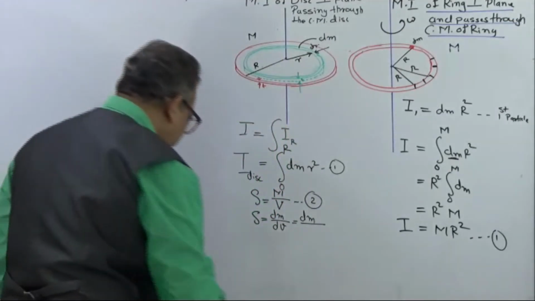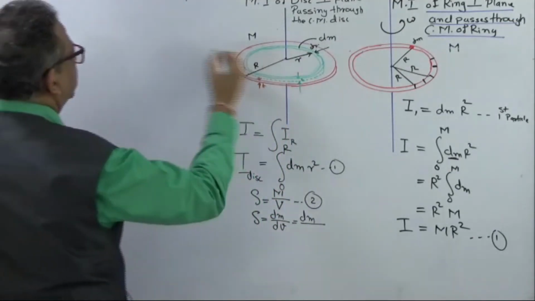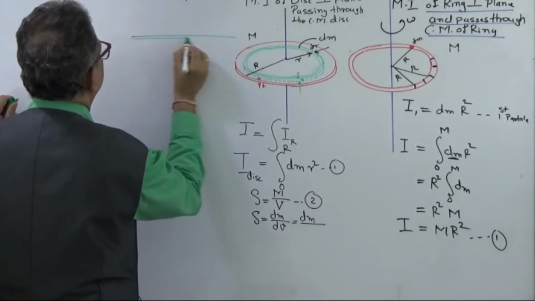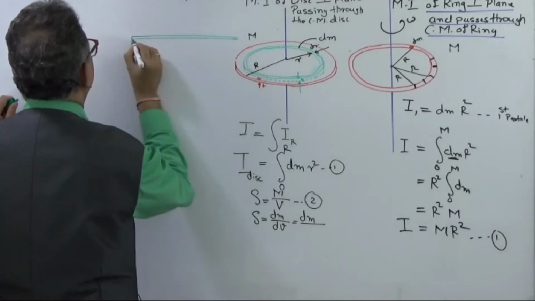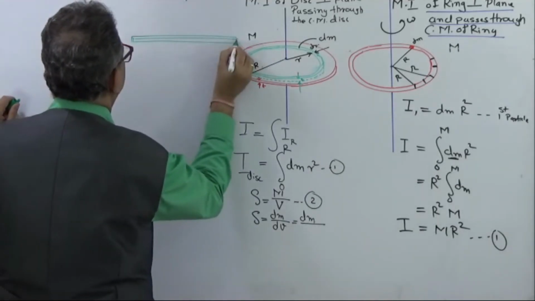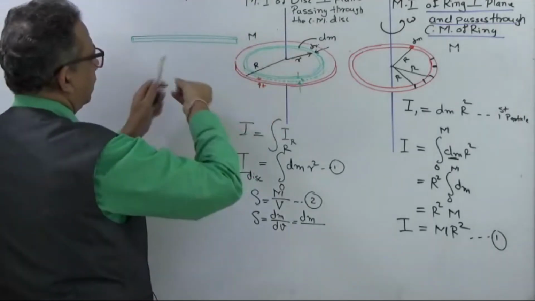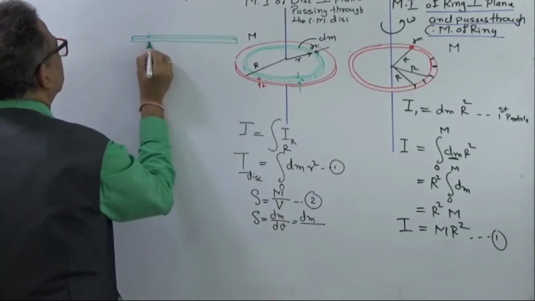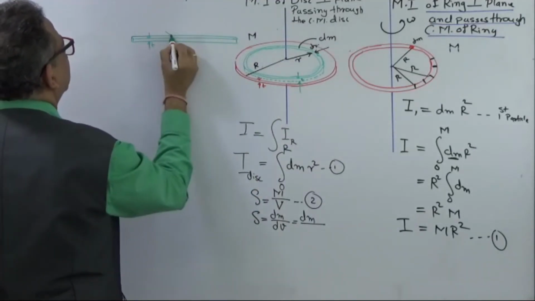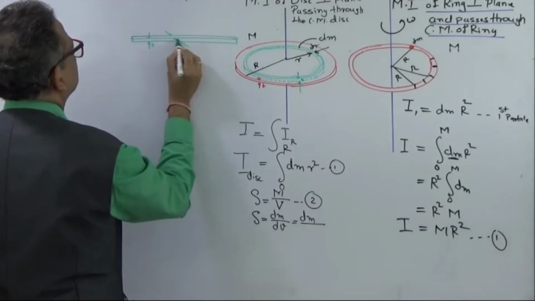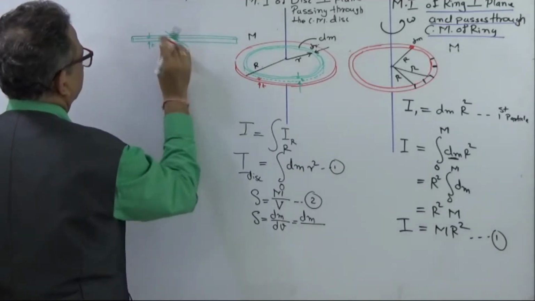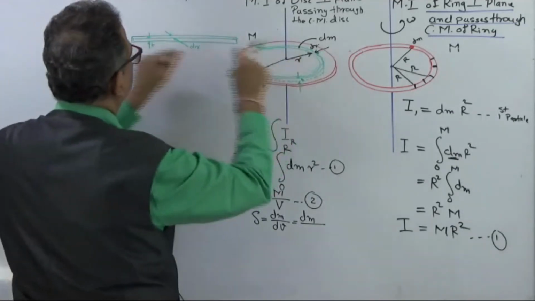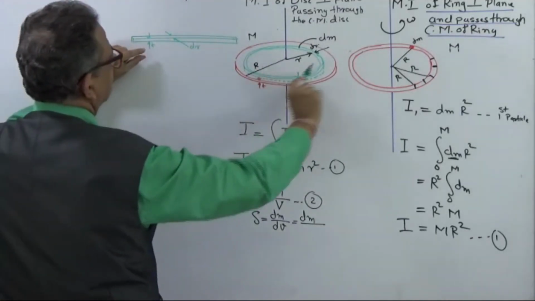Now this green color ring, if I stretch this, it will be like a... this was that ring. If I open this ring, if I remove this ring, it has got thickness t. So let me show, this was the ring which had a thickness t, and this was the width of that ring, which was taken as dr, right? So this dr is this dr, this thickness t is the thickness of that ring.